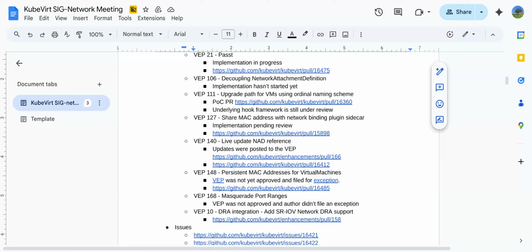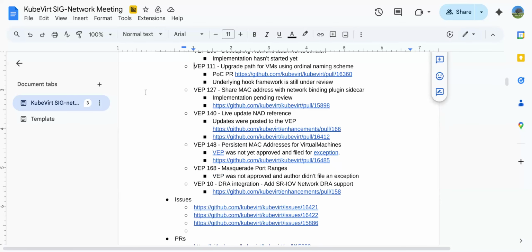And we have also VEP 111 that is also yours. It's mine, but you have implemented it. Yeah. So VEP 111 is an attempt to get rid of old code that we have in the system that assigns ordinal names to secondary networks.